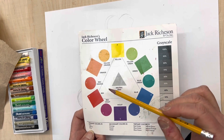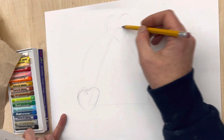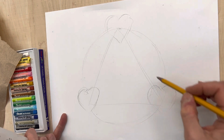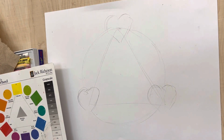So everybody has their favorite color. Basically what I'm gonna do is sketch those in, but before I do that, I wanna get a little bit of a circle. I got my #2 pencil, so I'm able to sketch a little bit, and right in the middle of those triangle points, I'm gonna do a little circle. So go ahead and do that while I sharpen this pencil. Okay, so